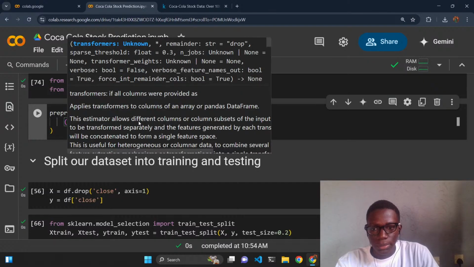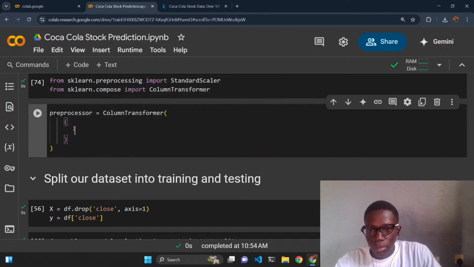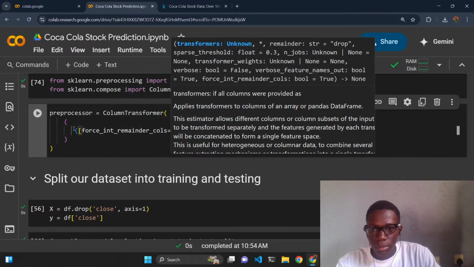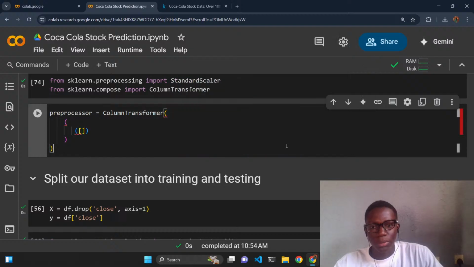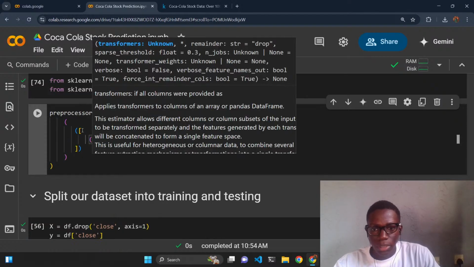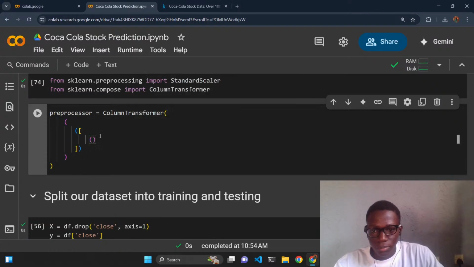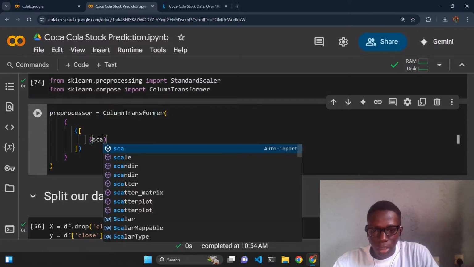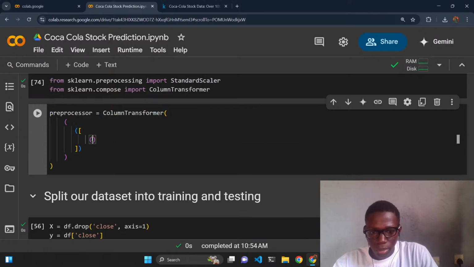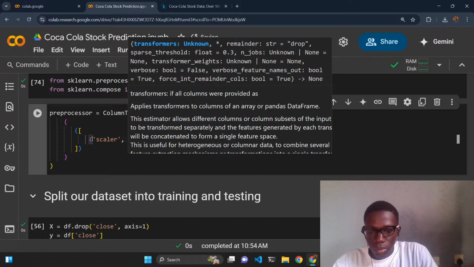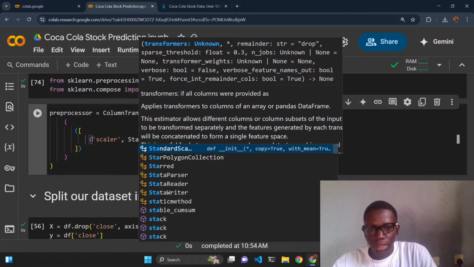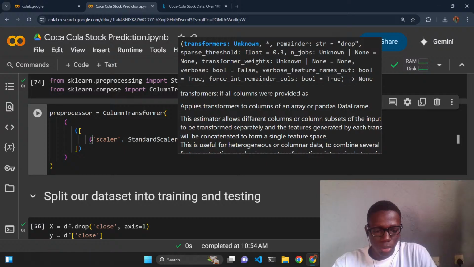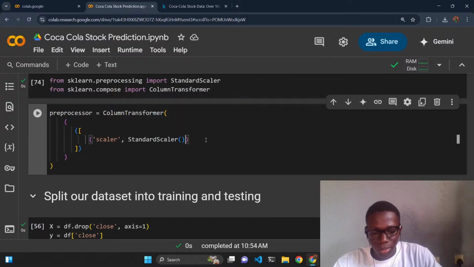I'm going to pass in this. I'm going to explain what is going on in the code. Now what are we transforming, right? On the scaler, that should be scaler, then passing the StandardScaler because we're trying to scale our data set. And passing what we are trying to scale. So now we are trying to scale